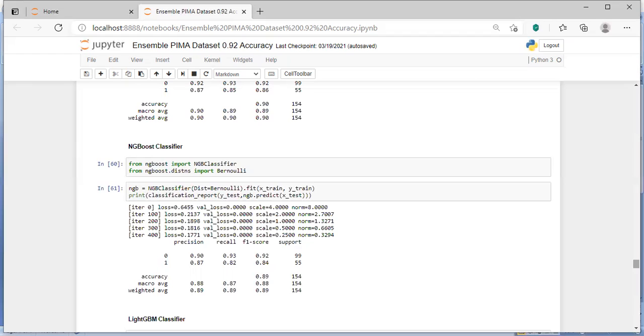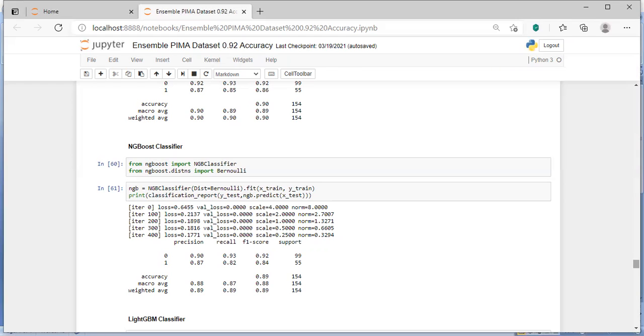So what I'm doing is: from ngboost import NGBClassifier, then from ngboost.distns import Bernoulli. Bernoulli and the binomial theorem, all of you know very well. Next is the NGBClassifier.